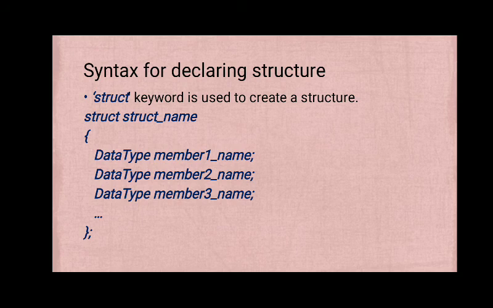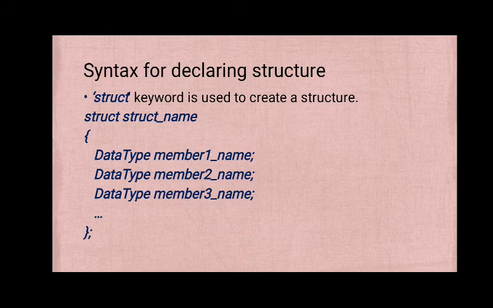So you all remember, when you declare a variable, you have to end it with a semicolon. Similarly, when you have to declare a structure, you have to end it with a semicolon. That is the semicolon over here. So you can declare multiple data members inside the structure, each of which are of different data types or same